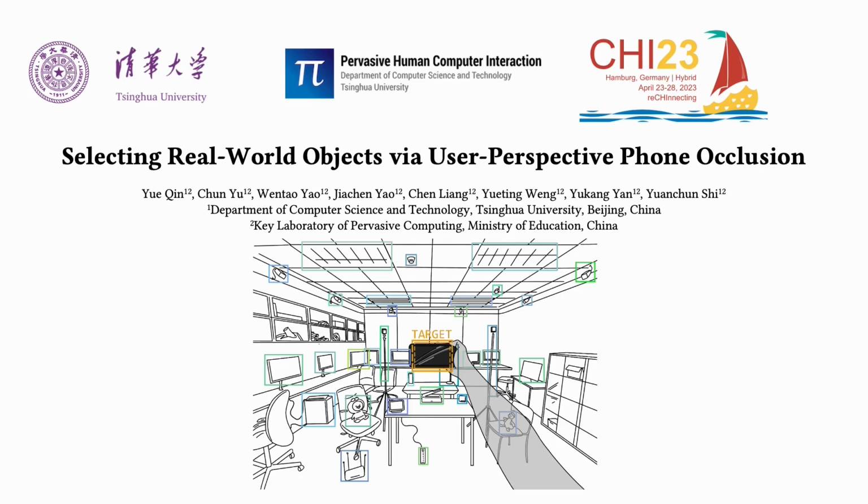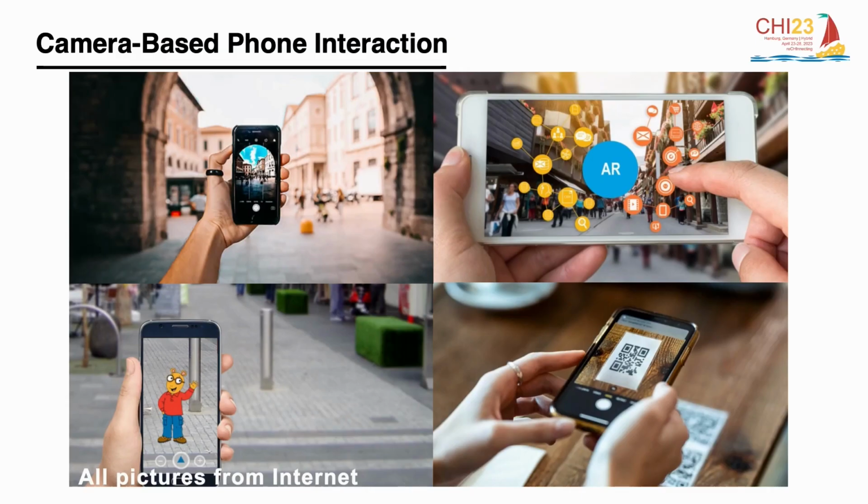Today I'm glad to introduce our work, Selecting Real-World Objects via User Perspective Phone Occlusion. Mobile computing allows us to quickly and easily connect and interact with many nearby ubiquitously distributed appliances or get information from nearby objects. Using the camera to perceive the physical world is an intuitive way to enable the phone to